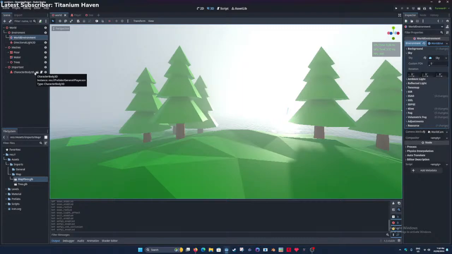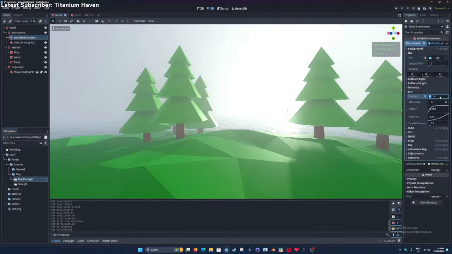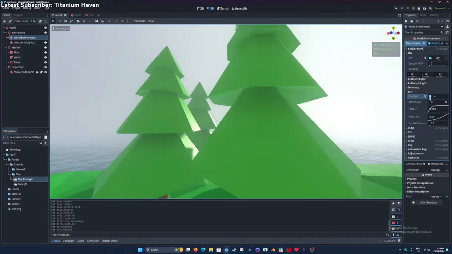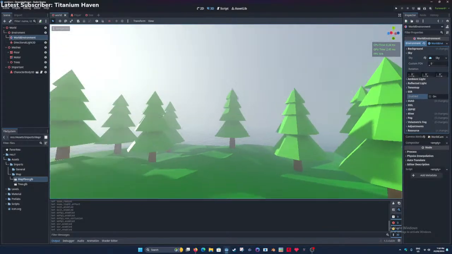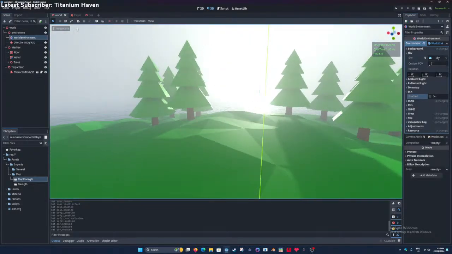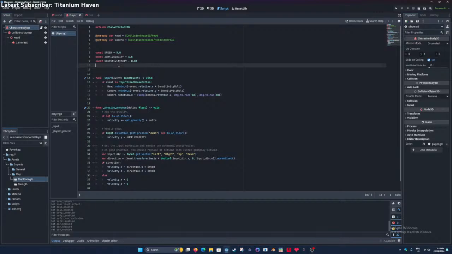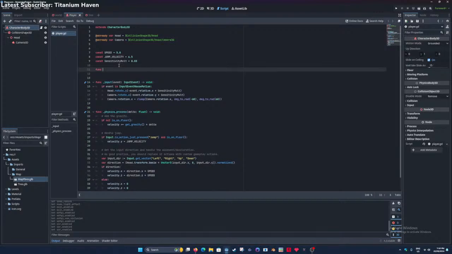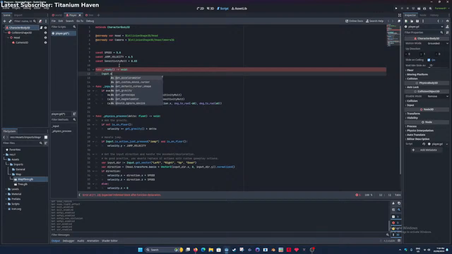About the game I'm currently working on, I keep zoning out. That's not it. Oh wait, okay. I forgot what I was gonna do. Yes, particles. That's not what I meant to do. What did I mean to do? I think I needed to do function ready. What was it? Input set